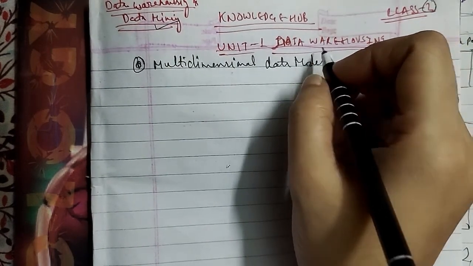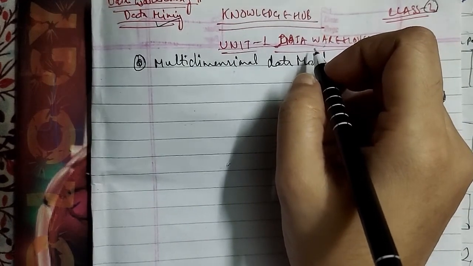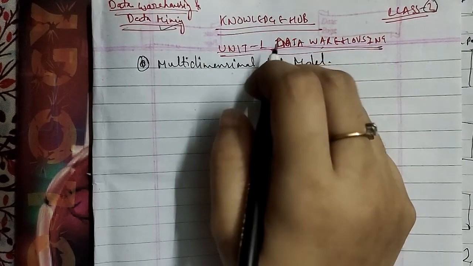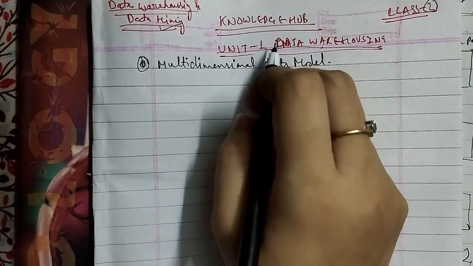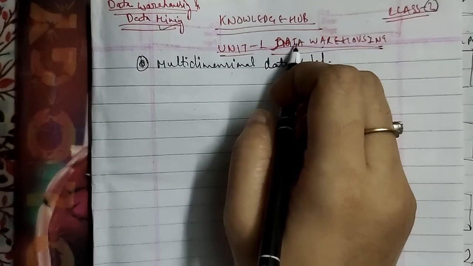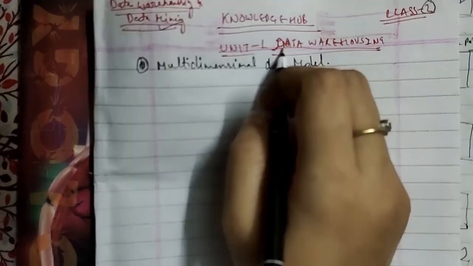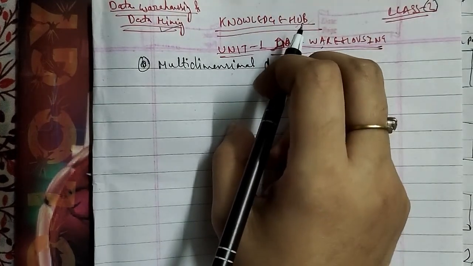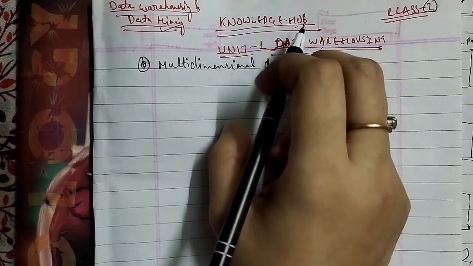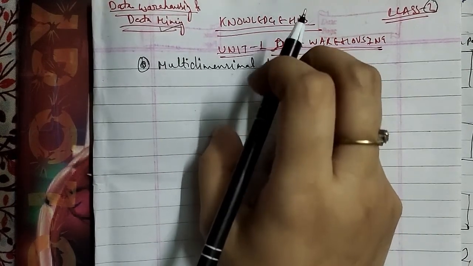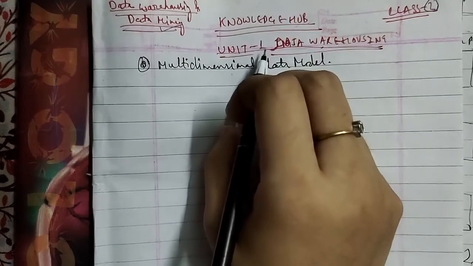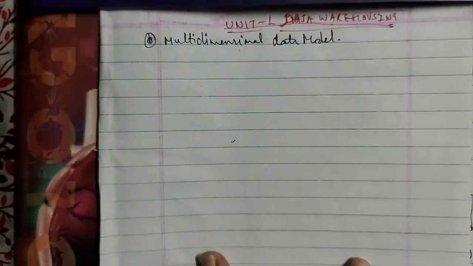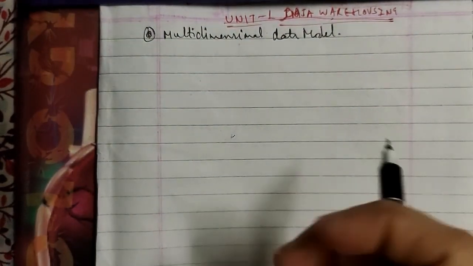So we will consider the data of a shop for items sold per quarter in the city of Delhi, and the data that has been shown here. This is a 2D representation of the sales data with respect to the time dimension, organized in quarters, and the item dimension, organized according to the types of items sold. The fact or the measure displayed is rupees sold in thousands, which we'll represent as well.